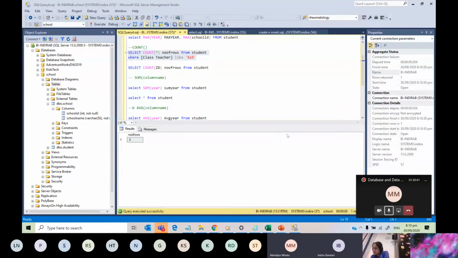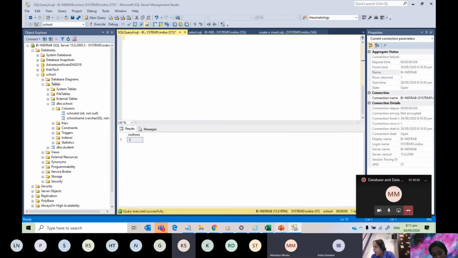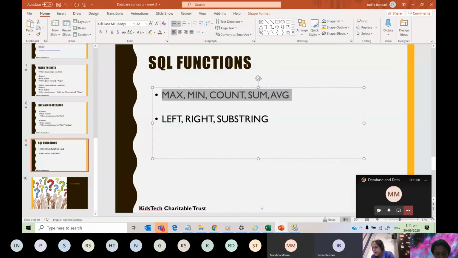What I was saying is these functions can be used with your where clauses as well, with your conditions. So that is for the functions. Now we have seen the functions that cover integers.